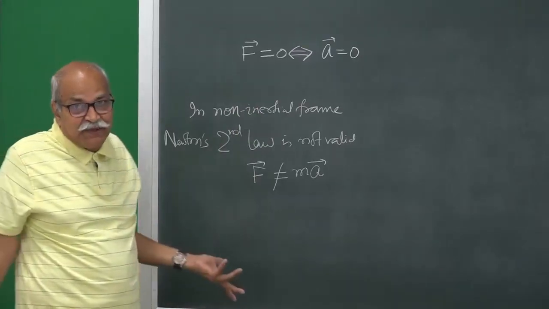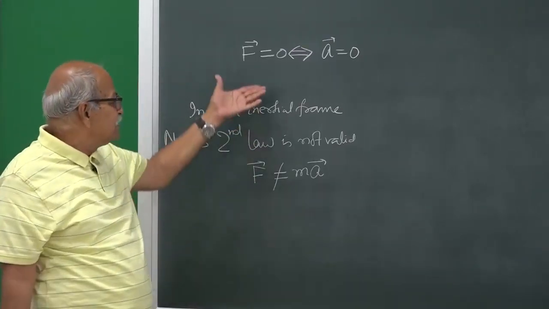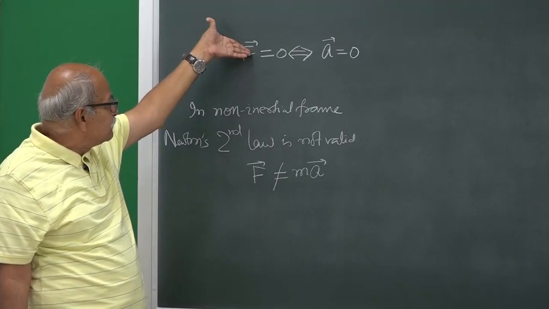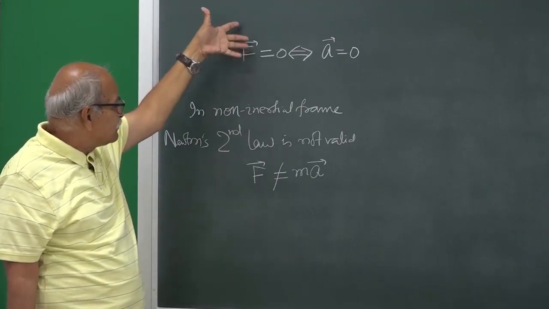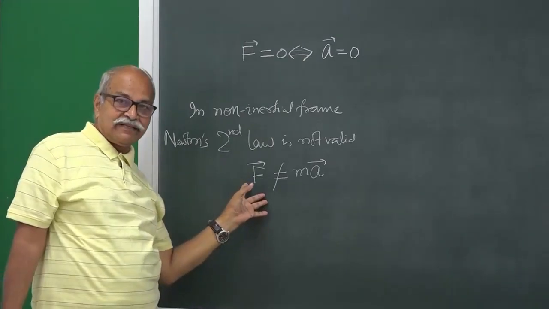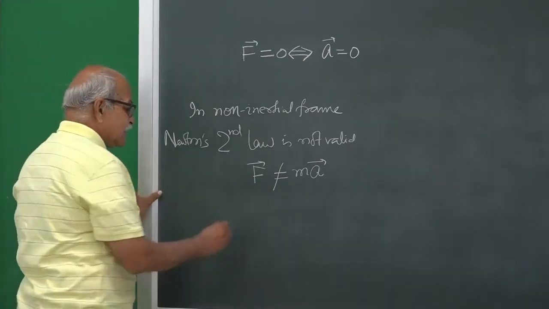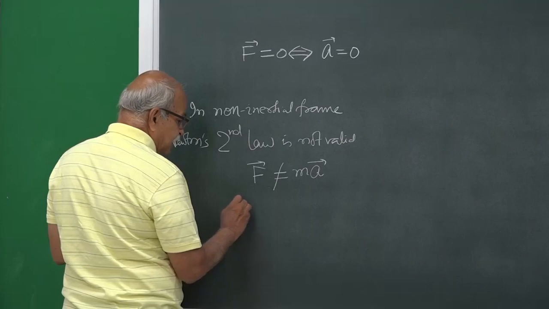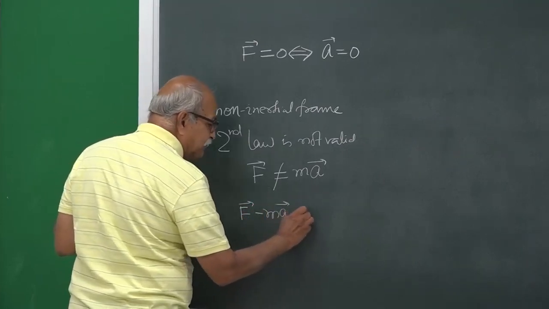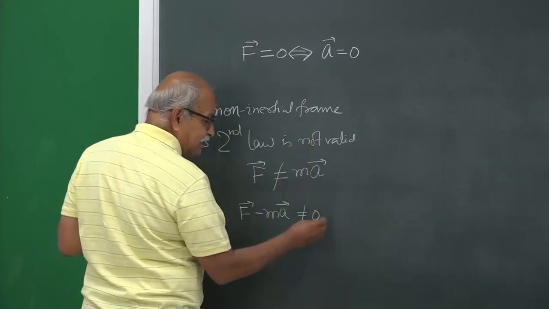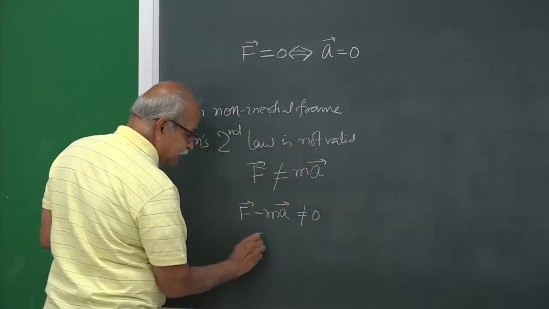We know there are frames in which this is not valid, and if it is not valid in those frames, then F minus m a is not 0, it is something else. What is that something else? That something else is